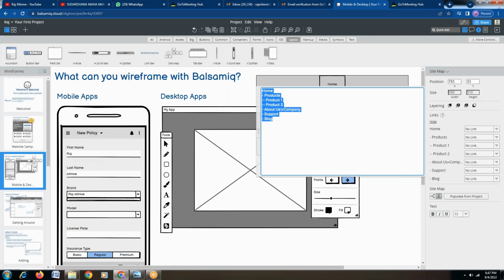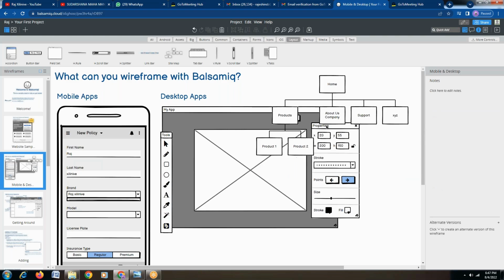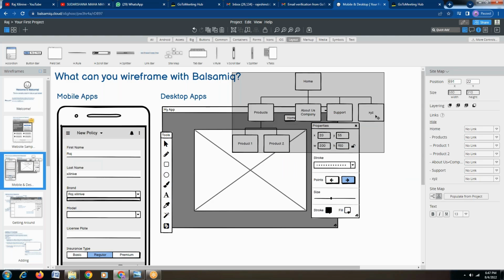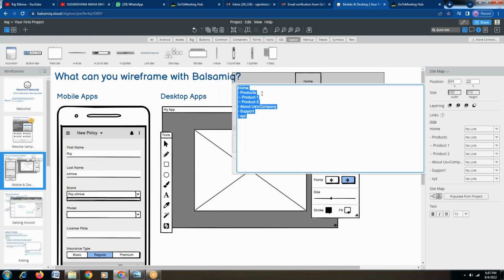We can give the buttons and everything, and we can change them. For example, XYZ is what I have changed, as an example I'm just showing you. You can see there is a change. What you have to do is simply drag and drop, and double click on this, and whatever changes are to be made to the existing ones, we can do here. For example, product name.